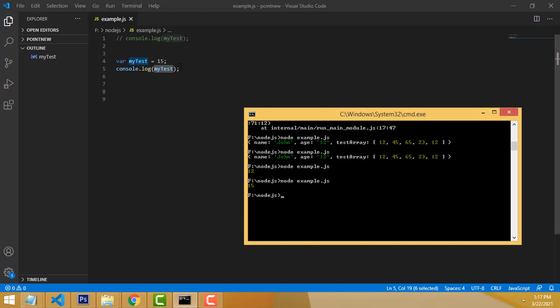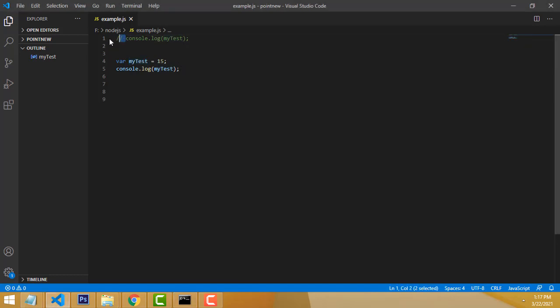Now imagine you are passing the console log above. You declare a variable on the second line, and on the third line you pass console.log myTest, the same variable. Only after that we create the variable myTest and assign the value 15, and after that we print it.